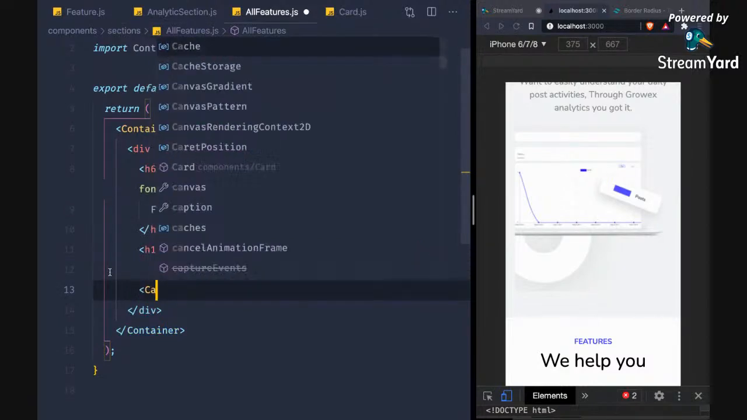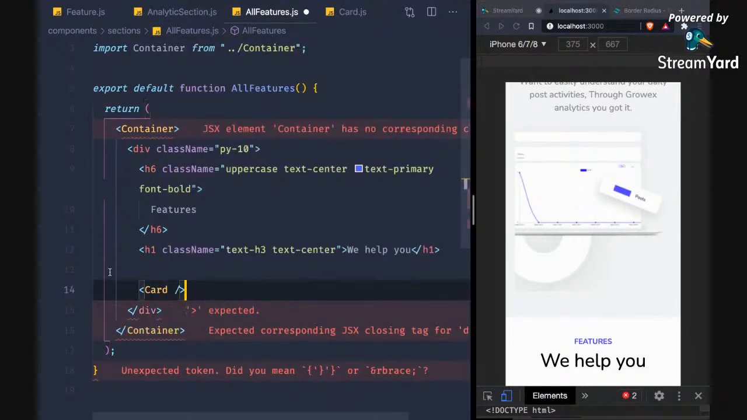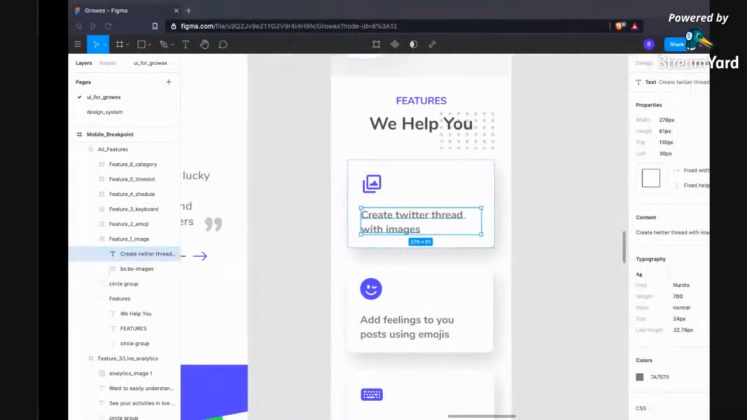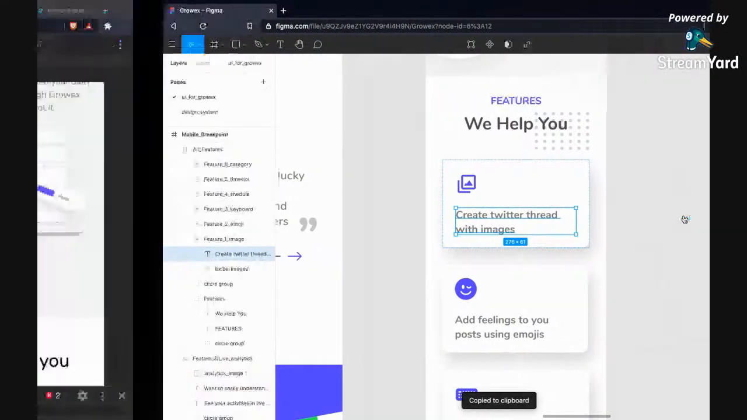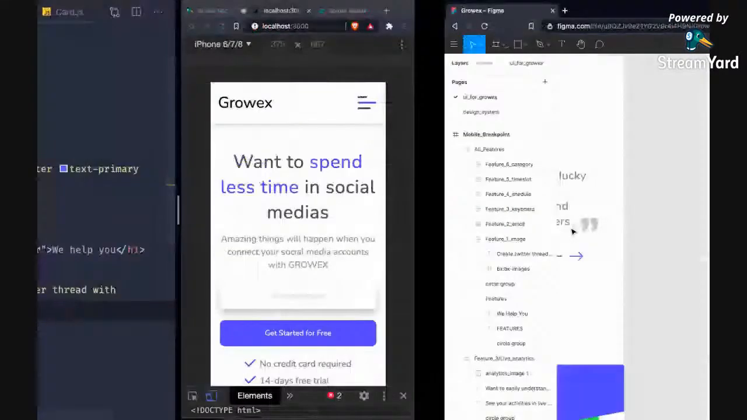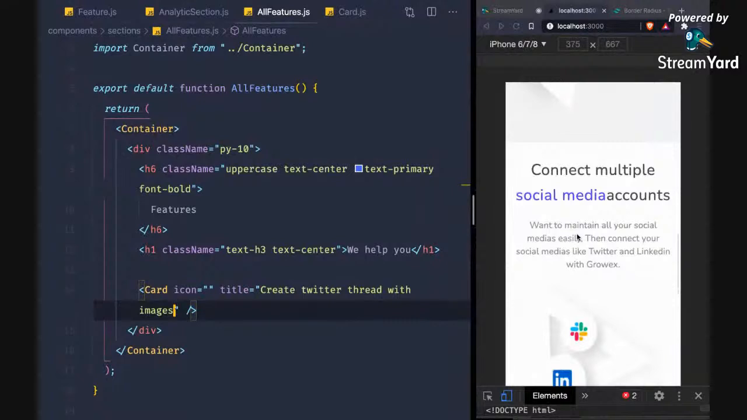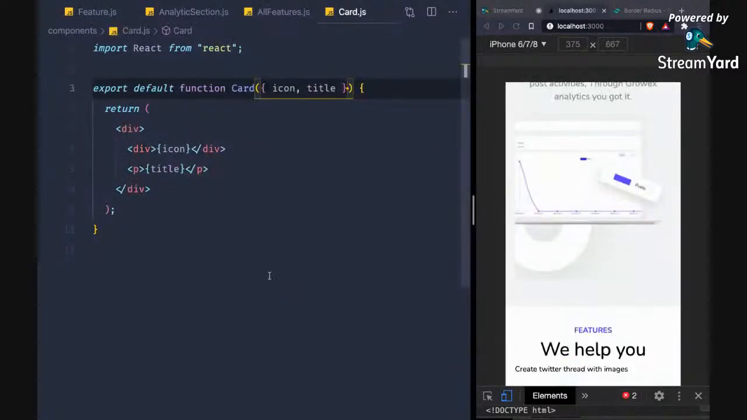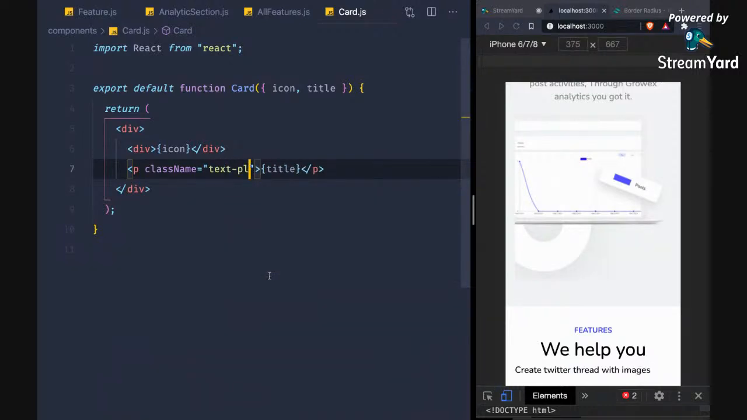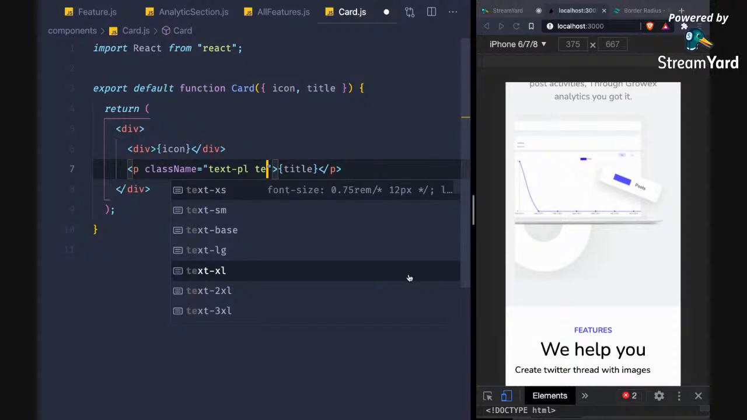Here I want to use the card, and let's provide the icon as nothing for now, but for the title we can provide this thing. Copy and paste it. Create Twitter thread with image. Next, let's design this. It should be HPL, text PL. Okay, then text,